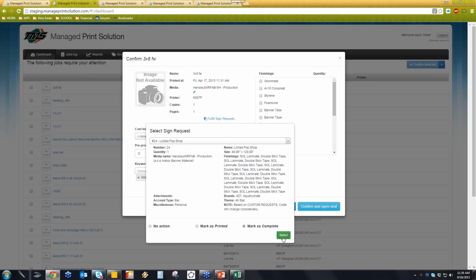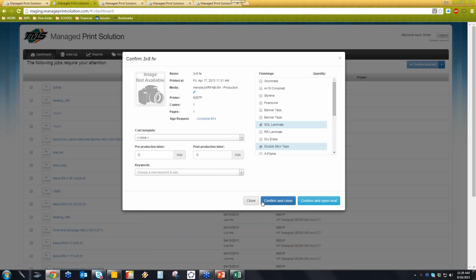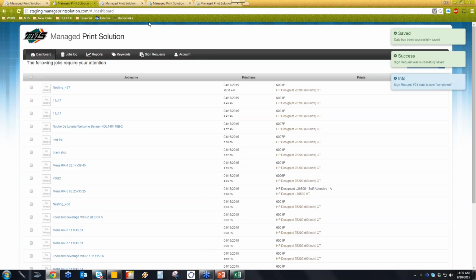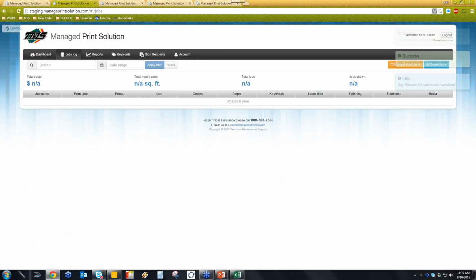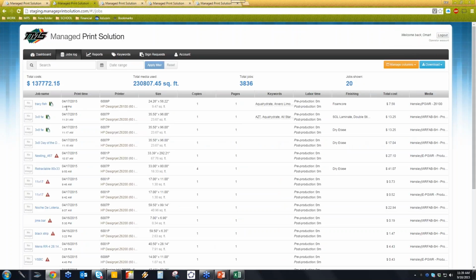And if I mark it as complete and hit select, and I confirm and close that sucker, now, as we come back over here and jump over here, we can see where that was done, and it automatically applied the keywords for me. So I don't have to type out keywords anymore. That saves you a lot of time as a designer, as an MPS user,